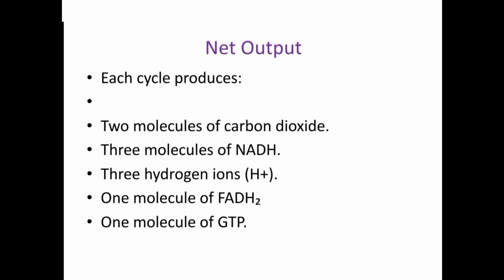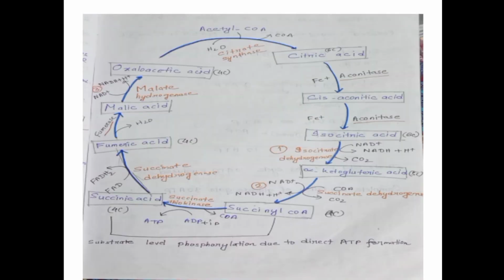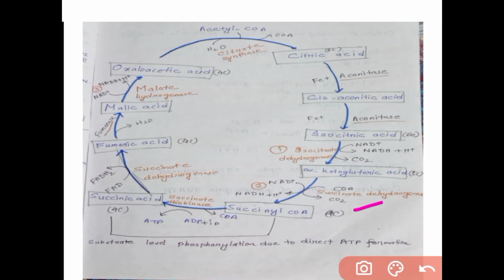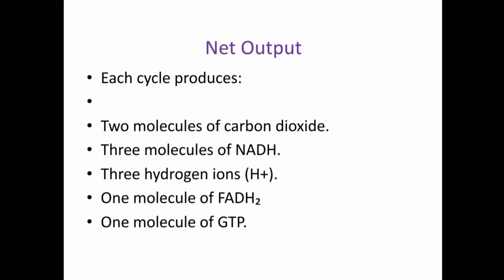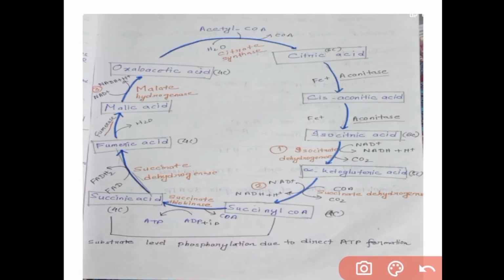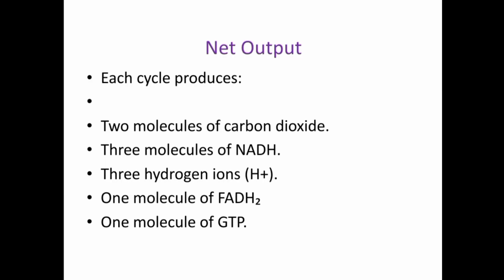In the previous slide you have seen that 2 molecules of carbon dioxide are produced here. 3 molecules of NADH are produced, and 3 hydrogen ions, 1 molecule of FADH2, which you can see here,